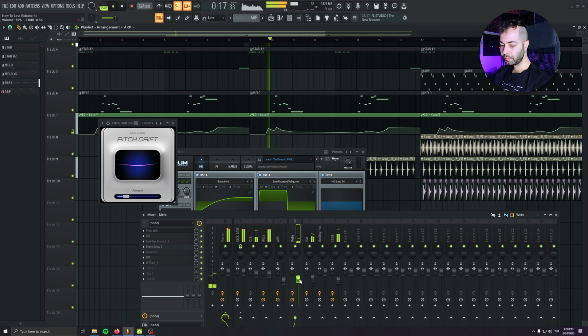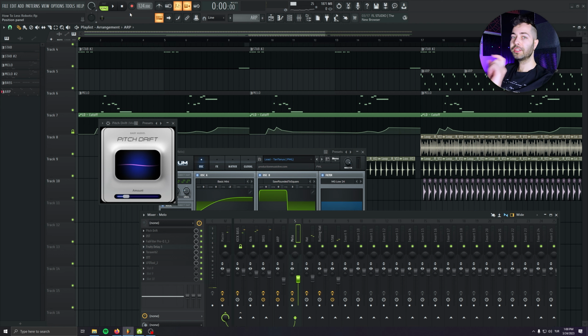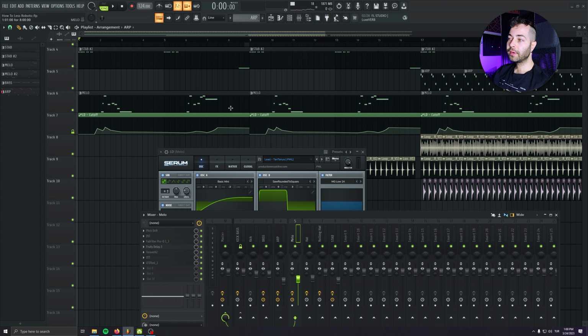It's just adding a subtle change, but it's changing the whole vibe. Now the lead sounds so much more organic, so much more humanized. And so yeah, this was the very first way to do it, with just one plugin, and you can create these imperfections on the pitch, so your synth playing the main melody can sound much more organic and